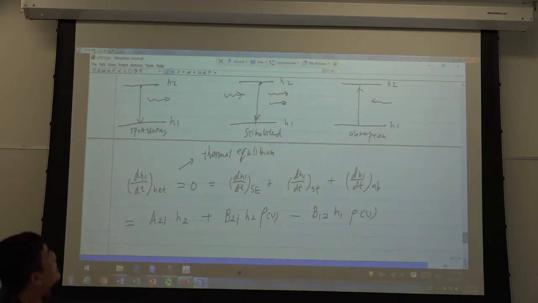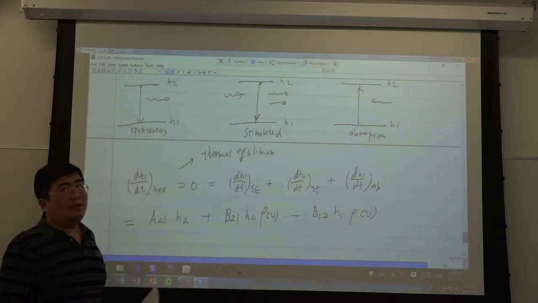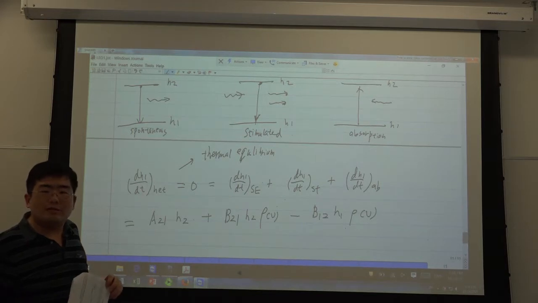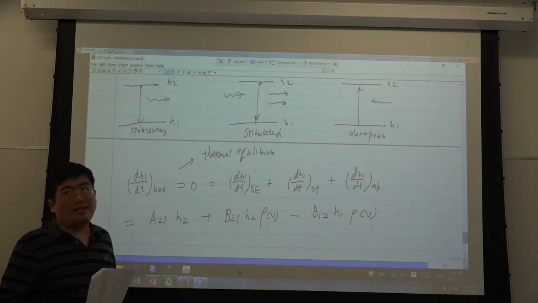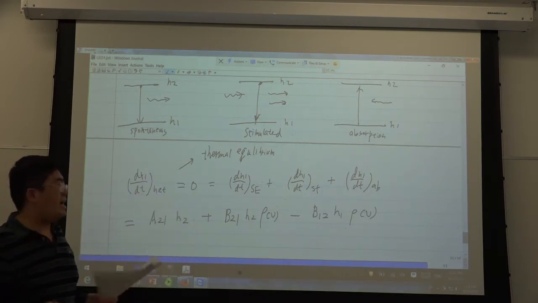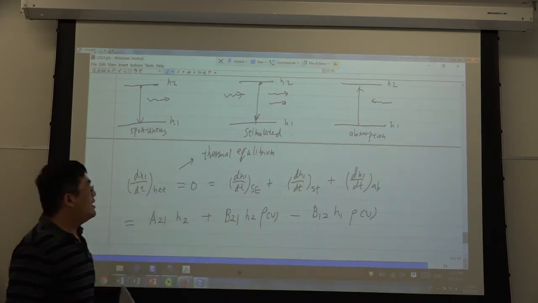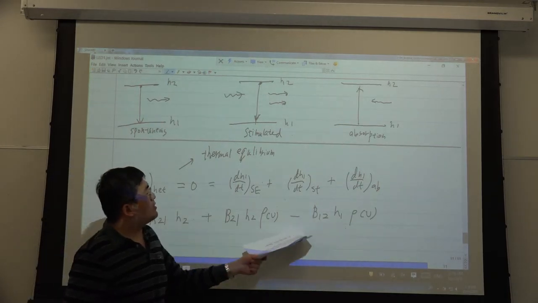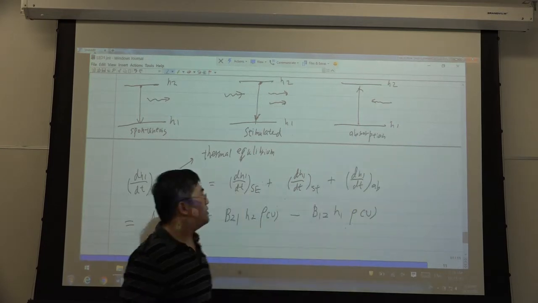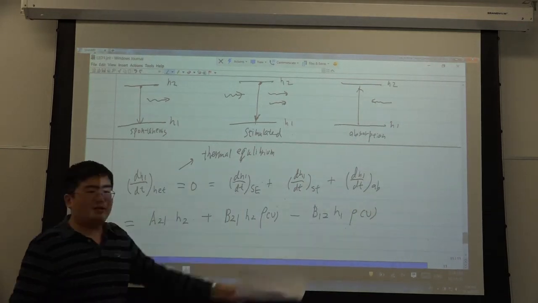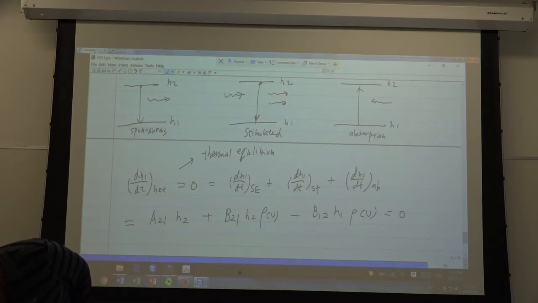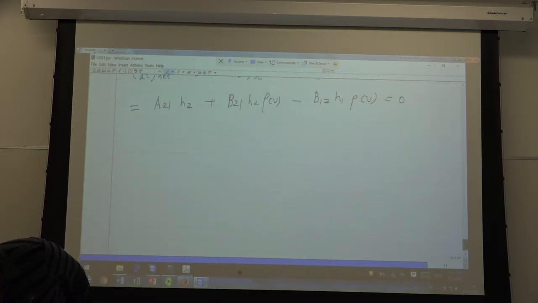You can see in spontaneous emission there is no rho, because there is no incident wave. But stimulated emission and absorption have an incident wave interacting with electrons, so they have rho here. The minus is for absorption, because absorption decreases the number of atoms at the ground level. So this is very easy to understand. These 3 terms should sum to 0. Balance, okay?